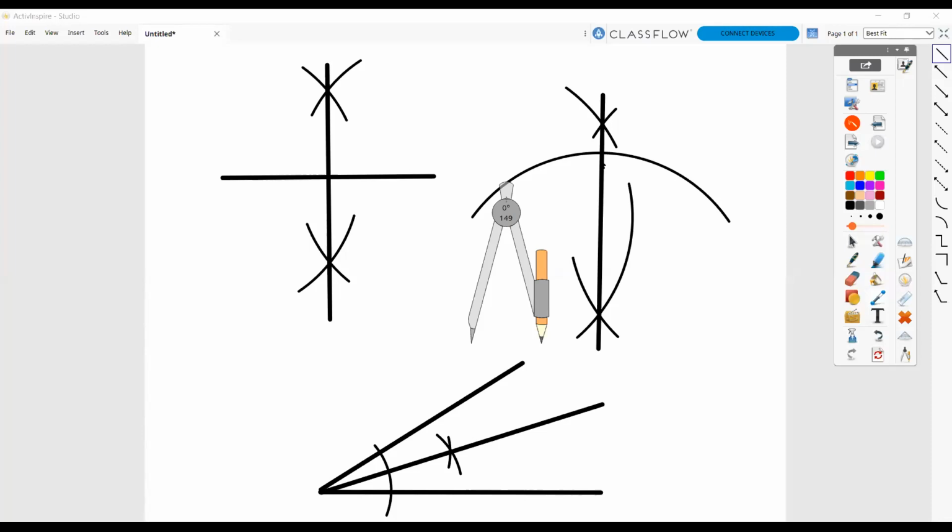So start करने से पहले instruction पहले ध्यान से सुन लो. Just complete the bisection of line, arc and angle quickly. I'm giving you, let us say, 10 minutes. Within the 10 minutes just try to complete. If it is not completed then okay, अभी 10 minutes में नहीं होता है तो it's okay, no problem. And I will just randomly pick a few names. यहाँ से मैं few names आपका बोलूंगा, right? 2 3 4 5 जो भी नेम्स हैं, जो आपने लिखे उसको मुझे फोटोग्राफ सेंड करना होगा, राइट?